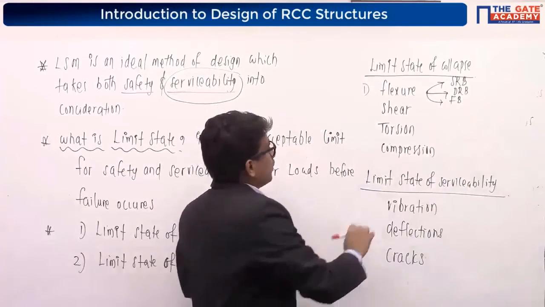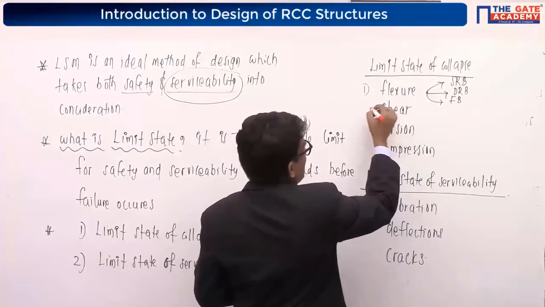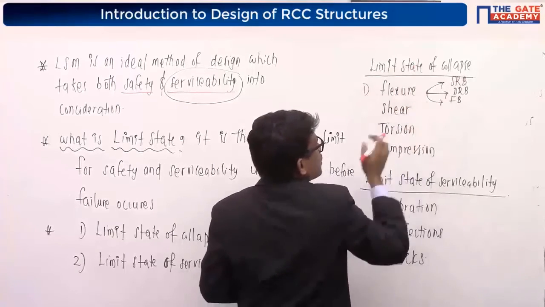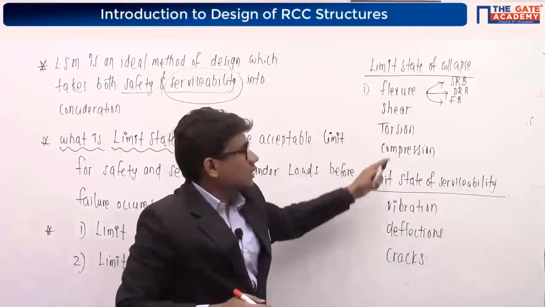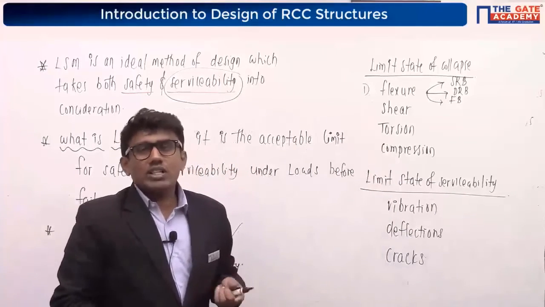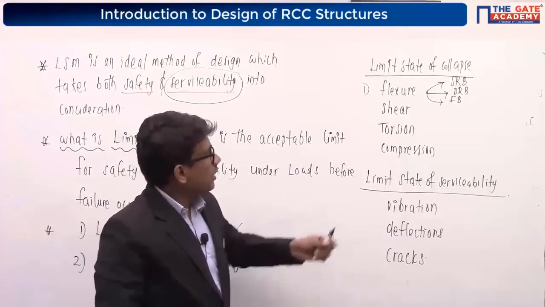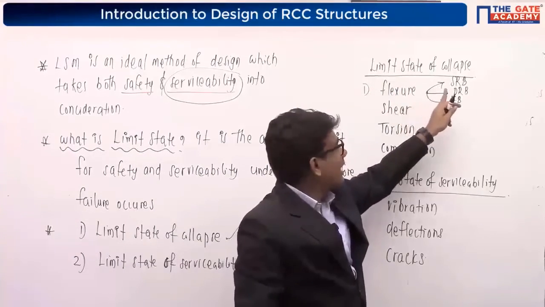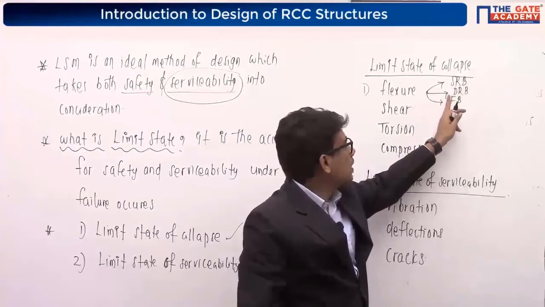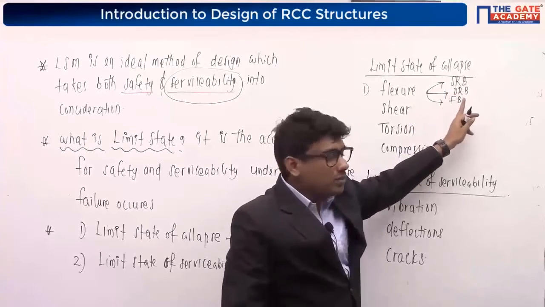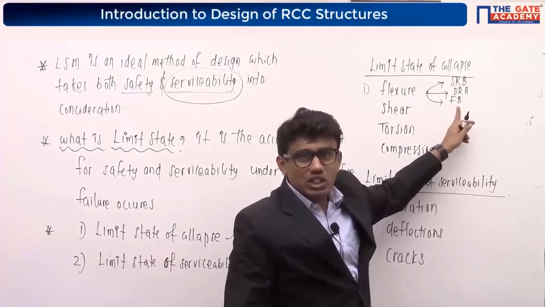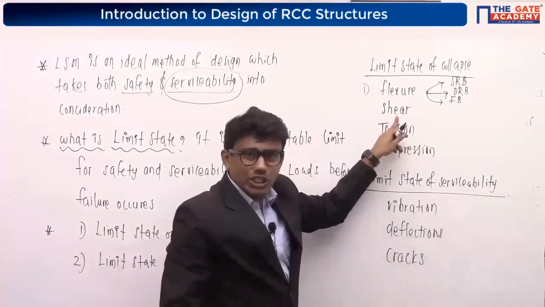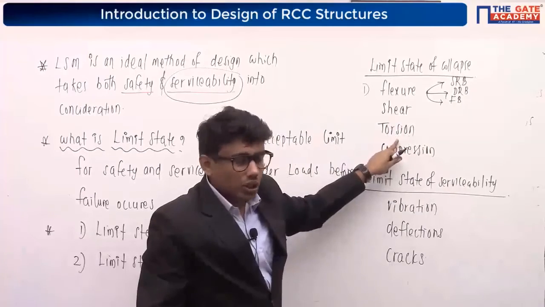And we will be discussing the same here also, that is limit state of collapse shear and limit state of collapse torsion. So these three things are actually coming in beams. Our first chapter will be design of beams, where we will discuss limit state method of collapse flexure, and learn how to design singly reinforced beams, doubly reinforced beams, and flanged beams. We will also learn how to design for shear and for torsion.